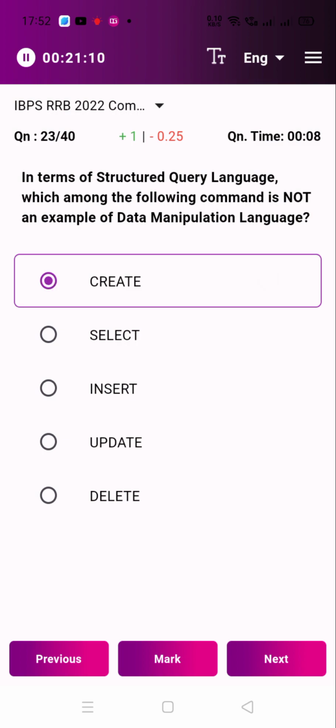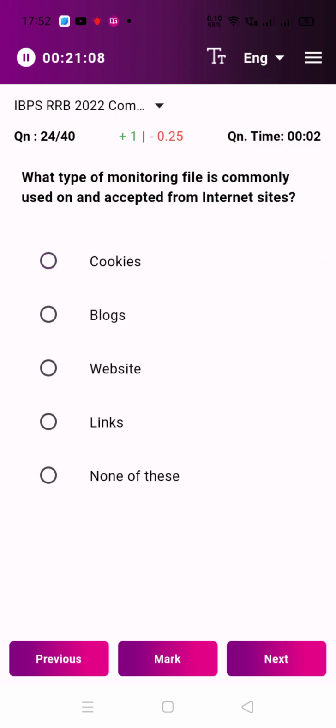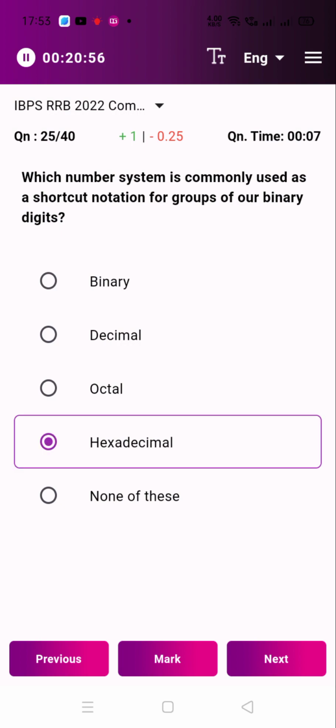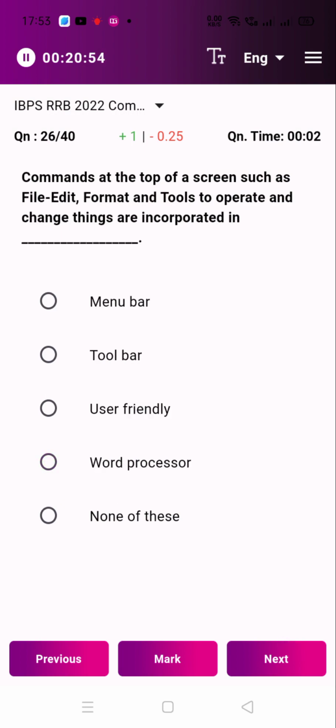In the terms of structured query language, which among the following command is not an example of data manipulation language? Create. What type of monitoring file is commonly used on and accepted from internet sites? Cookies. Which number system is commonly used as a shortcut notation for groups of four binary digit? Hexadecimal. Command at the top of a screen such as file, edit, format and tools to operate and change things are incorporated in